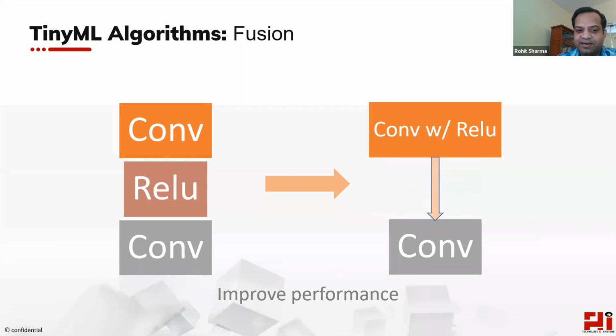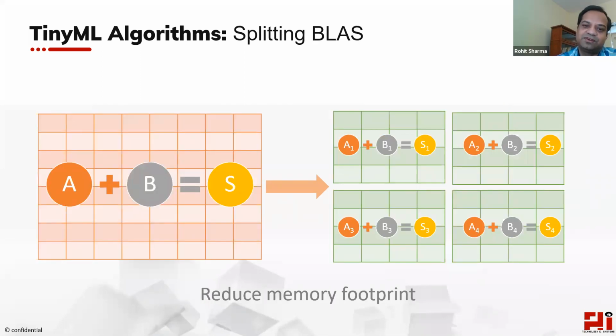A few hardware vendors provide a combined version of a few layers, like conv, maxpool, or ReLU combined into one, to improve PCRAM efficiency and CPU efficiency. So we use that, and you can combine these into one operator, and the compiler will take care of that given the hardware you have, right? That's called fusion, and then of course splitting some of the algorithms.